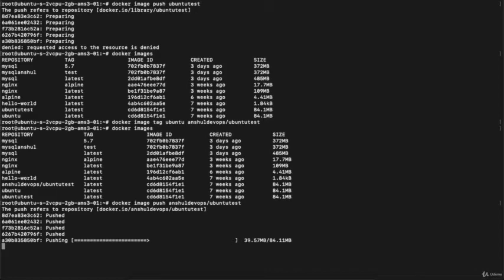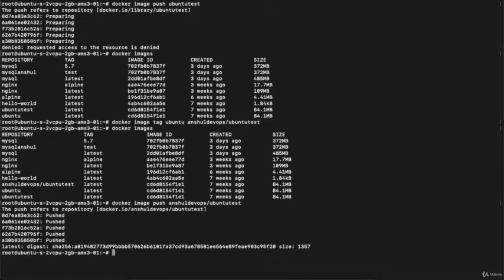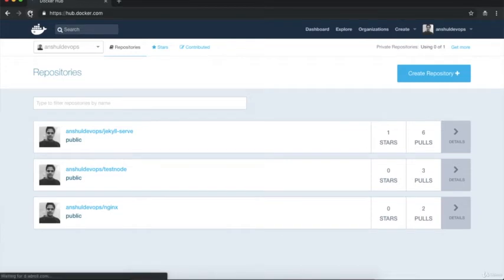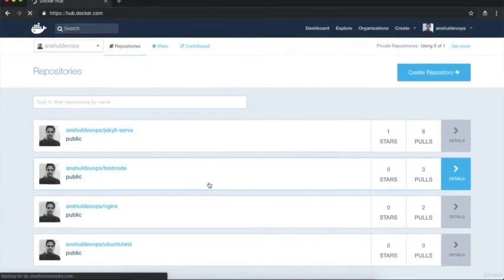So what is the reason why it was not uploading my earlier image, and why it is uploading my current image which I just renamed? And it's done. It's all done, right? Now we need to understand the reason. We have already discussed it when we were discussing the official image and the unofficial image. So for this I need to go to hub.docker.com, and suppose I refresh my browser, then you can see a new image will be present over here.